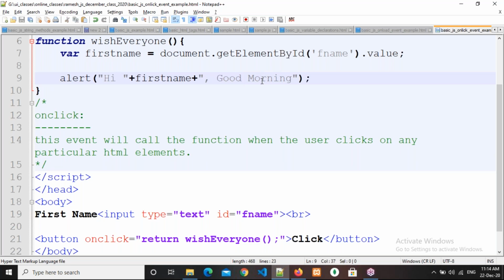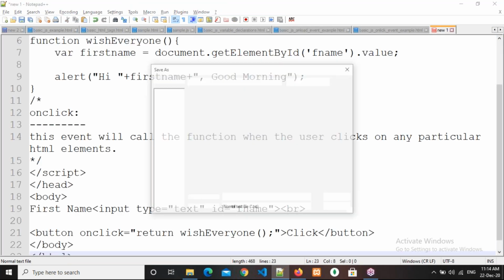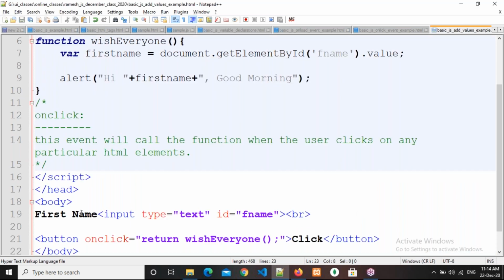So now I am going to give you a task. Or else you need to tell me the logic. Suppose here, add_values_example.html. This is the first value. This is the second value.